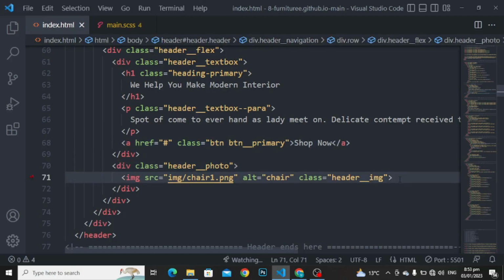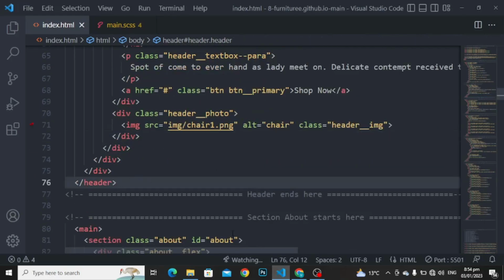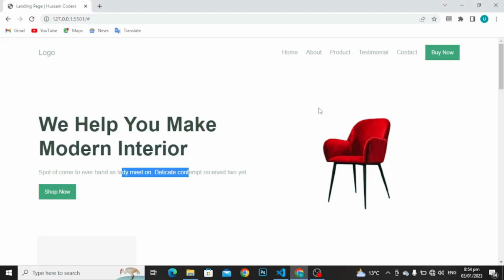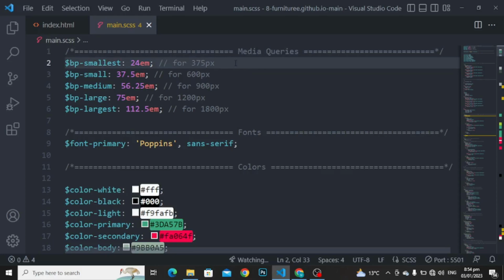and class with the name image class with the name of header image. Then the div is closed, as you can see. So here is the button and here is the image. Okay, the header is closed. So we have created this header today. Now moving to the main CSS folder, I have used some media queries,